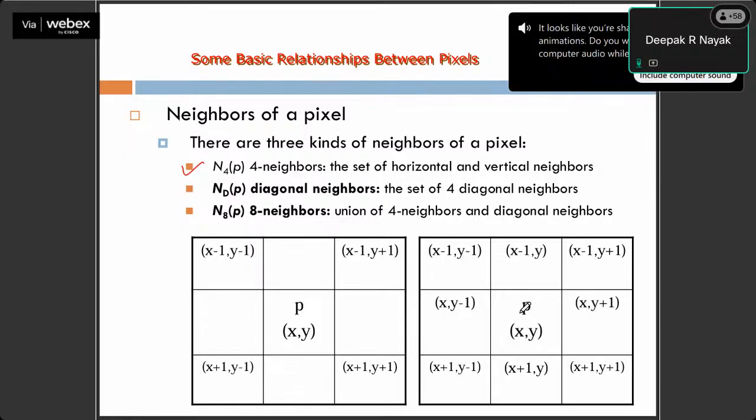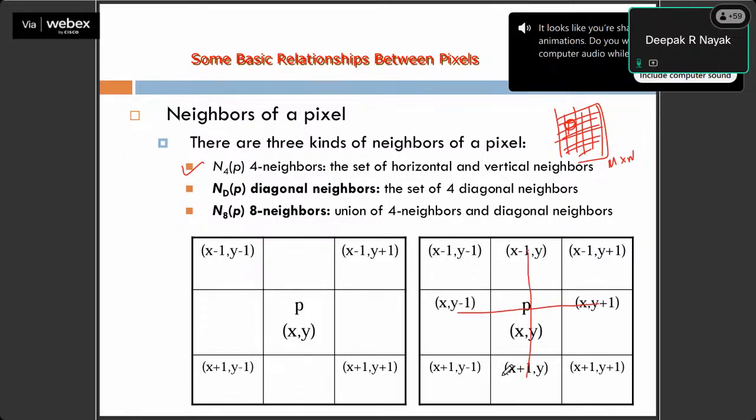Let's say an image is given to you, and there are a lot of rows and columns. That means the image has size, let's say m cross n, and you are somewhere here. If somebody asks you what different neighbors you can have, we can have three different types of neighborhood models. One is N4 of p. P is the pixel which you are considering, and N4 is nothing but the four neighbors of this p. When I say four neighbors, these are the two horizontal neighbors and